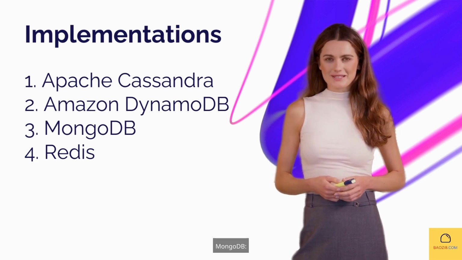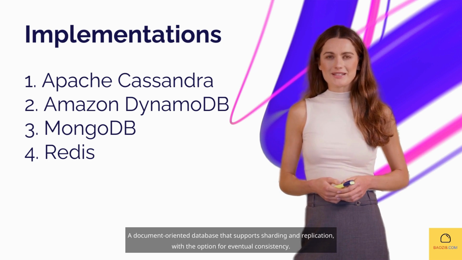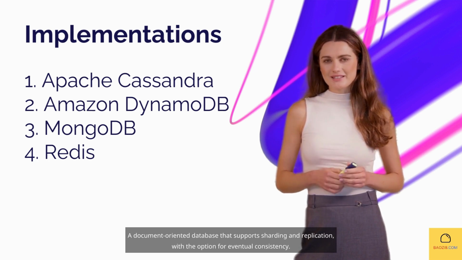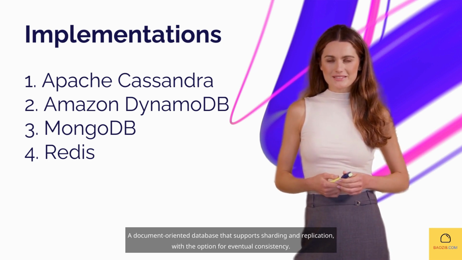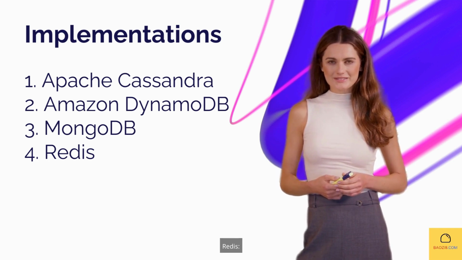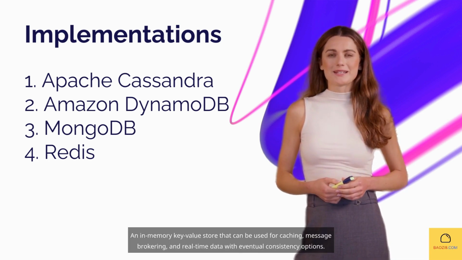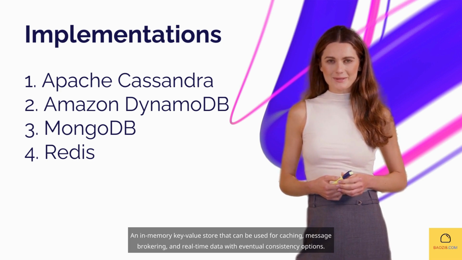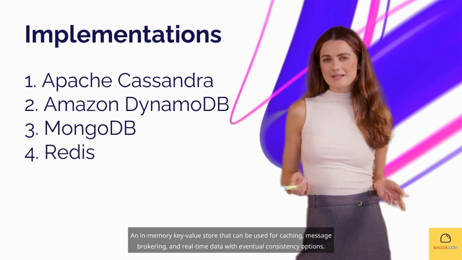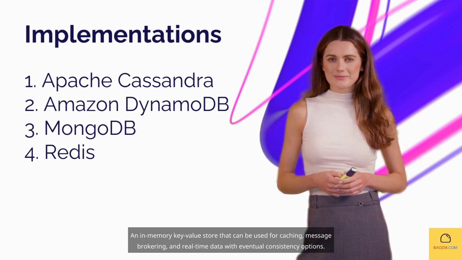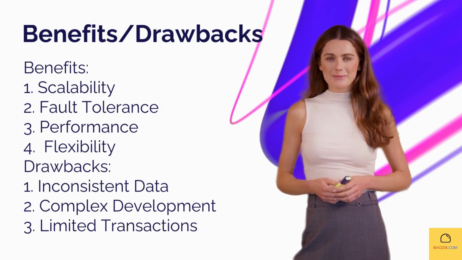3. MongoDB. A document-oriented database that supports sharding and replication with the option for eventual consistency. 4. Redis. An in-memory key-value store that can be used for caching, message brokering, and real-time data with eventual consistency options. Benefits of BASE are: